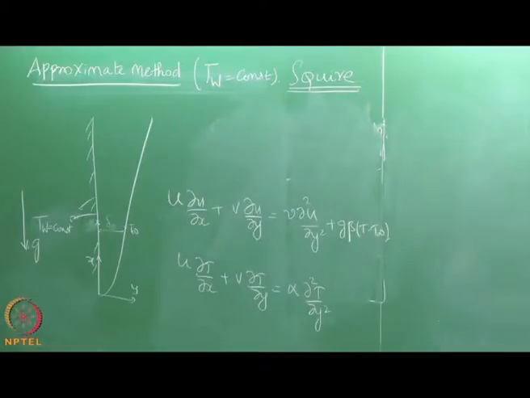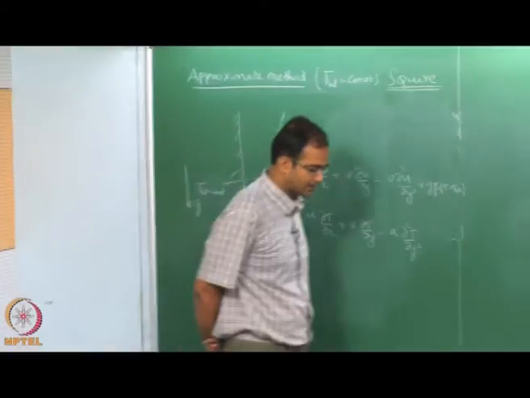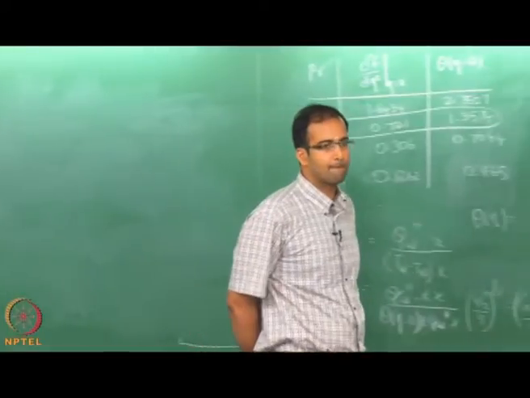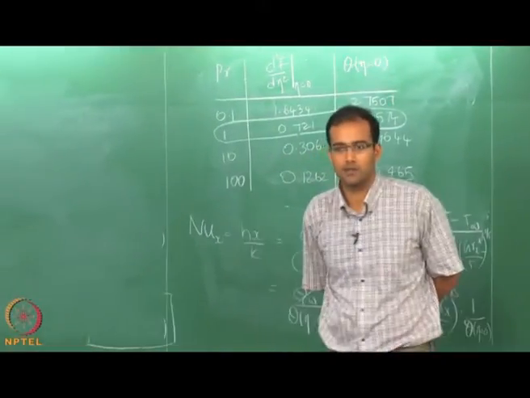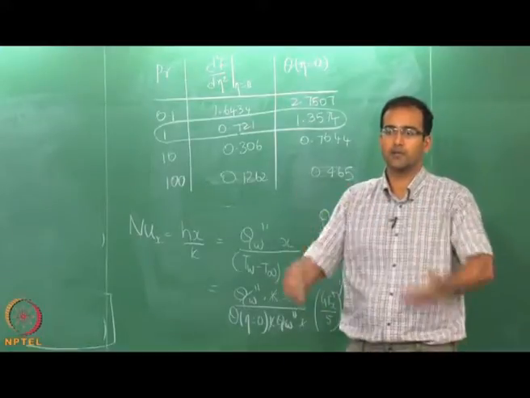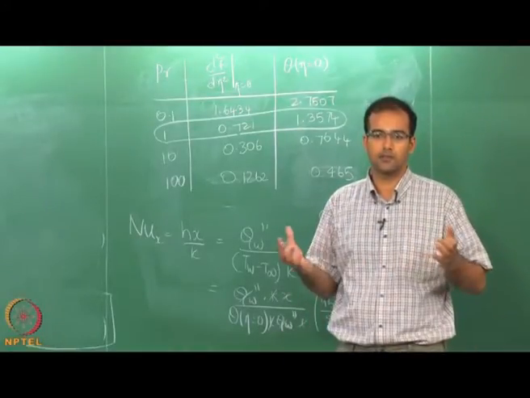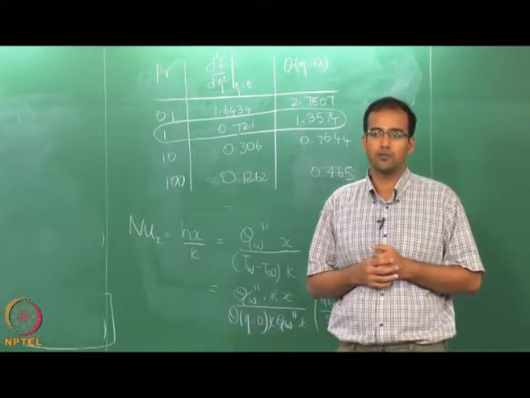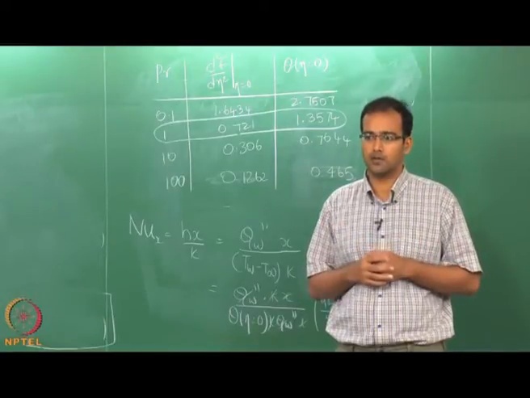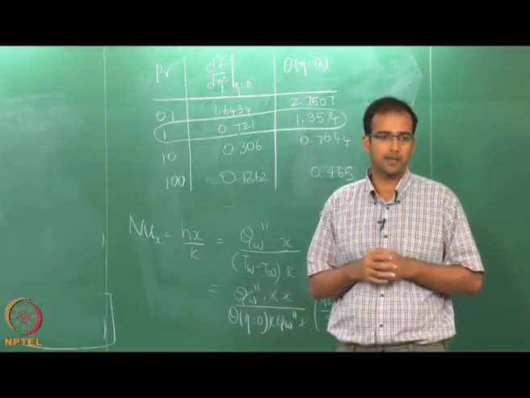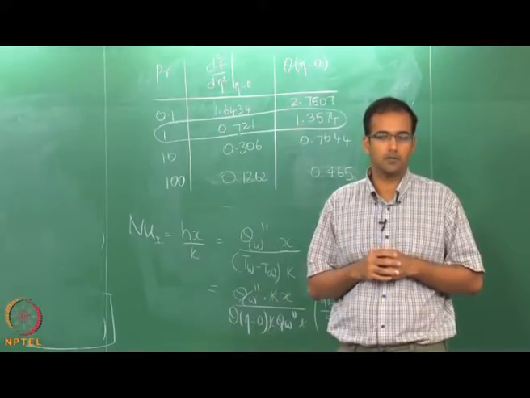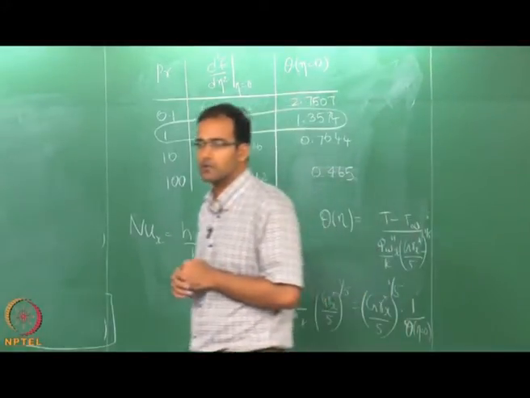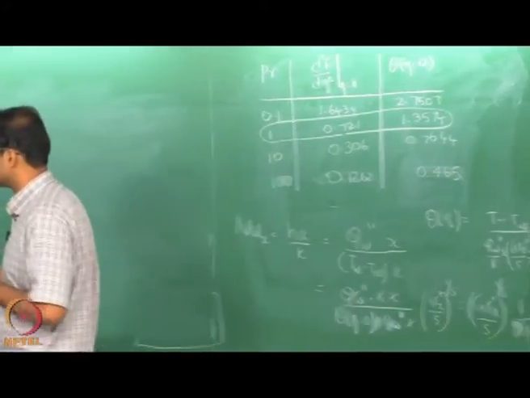Now, when we do the Squire solution, you should understand that once we get the integral equation, what is the next step? We guess the profiles for velocity and temperature, substitute them into the integral equation, convert this into a simple ODE, which we can straight away integrate. Okay. Now, in doing that, we need to know the reference velocity. In the Blasius case, in the flat plate case, external forced convection, you know that this is your U infinity, but in the natural convection case, we do not know the U ref. Okay. We do not know precisely U ref.